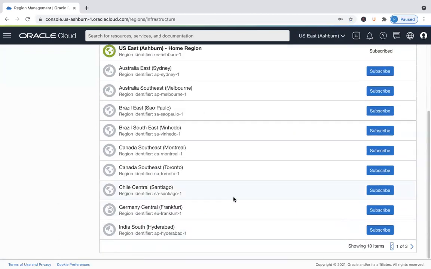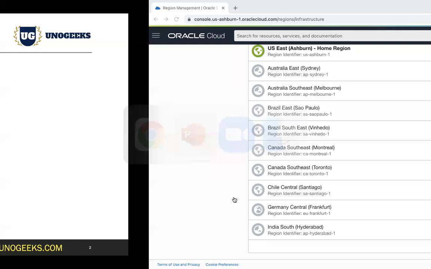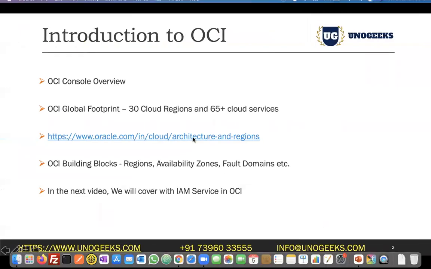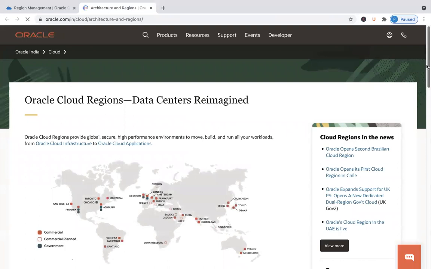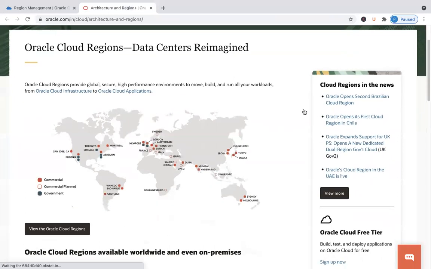So let me show this in a better web page. If you look at the OCI global footprint, that is something that differentiates OCI from other cloud vendors.